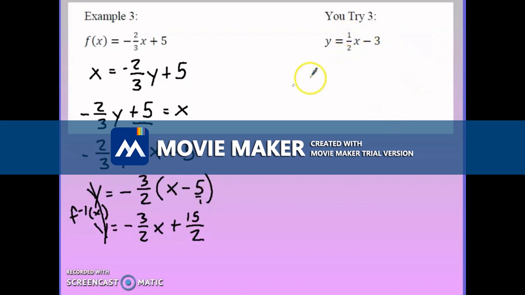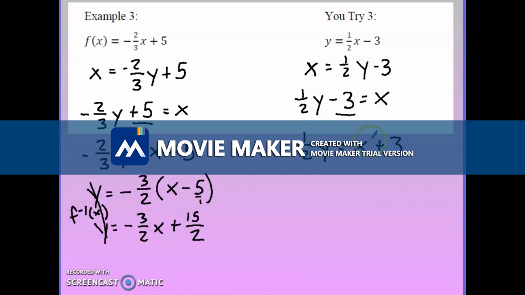When there's a fraction, multiply by the reciprocal. All right, so first thing, switch the x's and the y's. So x equals 1/2 y minus 3. Reflect the whole equation: 1/2 y minus 3 equals x. Bring the 3 over. The minus 3 is going to become plus 3. 1/2 y equals x plus 3. And then multiply the reciprocal. So y equals, and the reciprocal of 1 over 2 is 2 over 1, which is just 2, times x